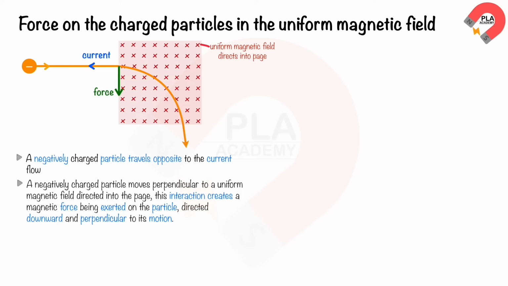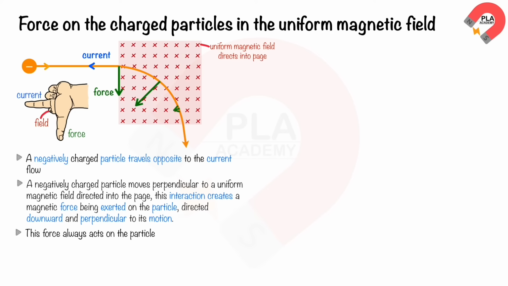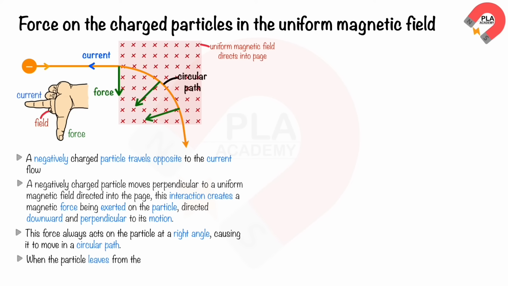Applying the Fleming left-hand rule, with your index finger pointing into the page along the magnetic field direction, and your middle finger pointing to the left along the current direction, you see that your thumb points downward, indicating the direction of force acting on the negatively charged particle. This force always acts on the particle at a right angle, causing it to move in a circular path. When the negatively charged particle leaves the magnetic field, it moves in a straight line, because of the absence